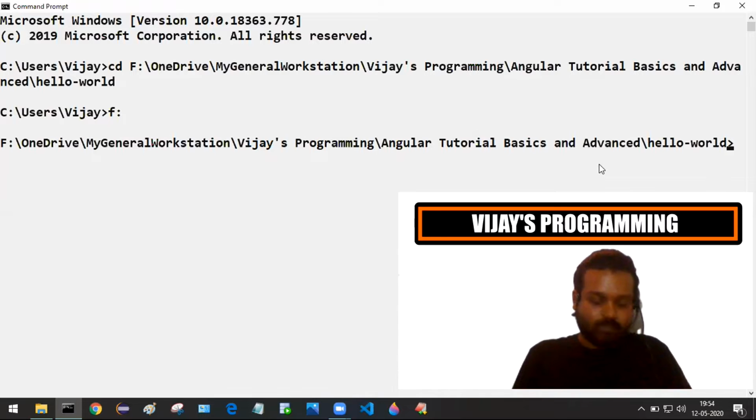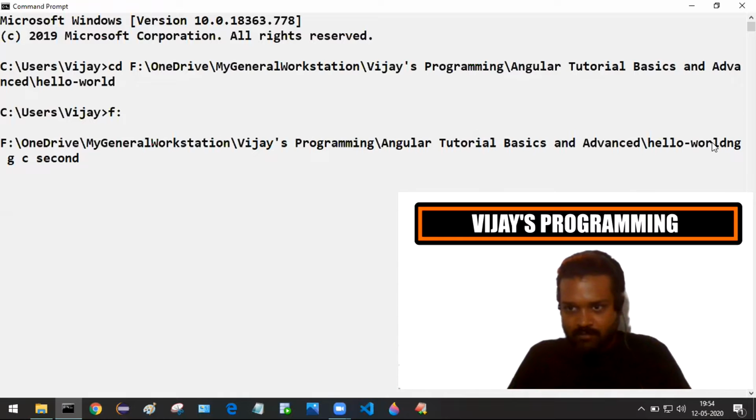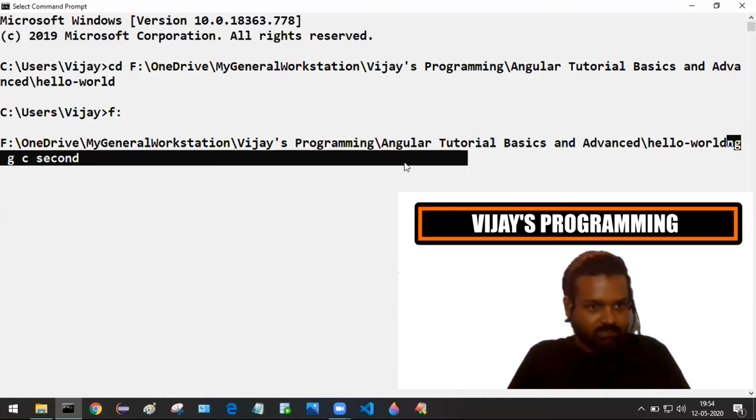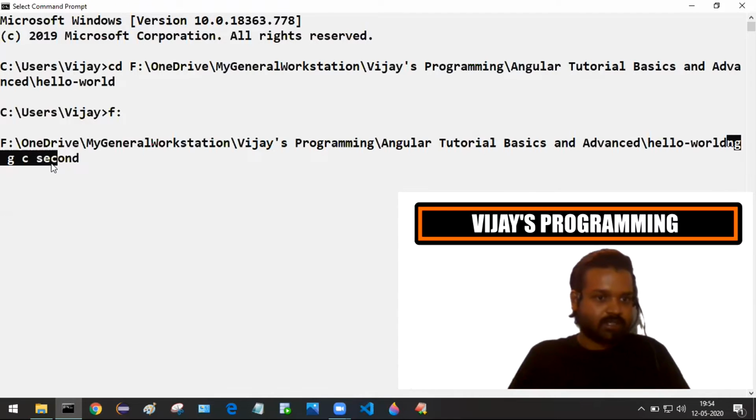Now what is the command we are using? ng space g space c space and the name of the component, that is second.